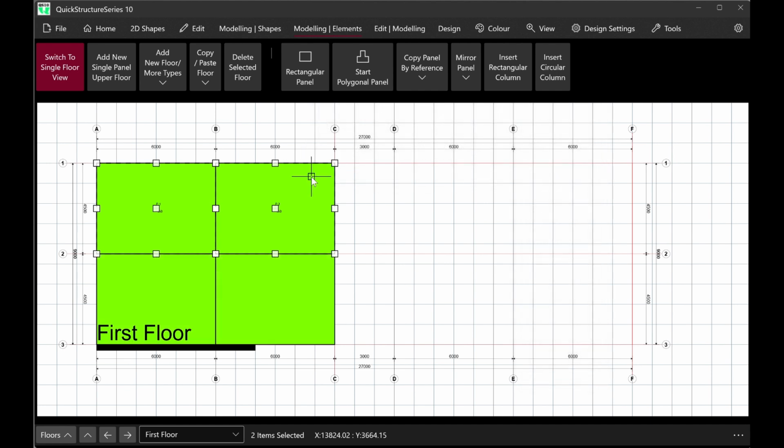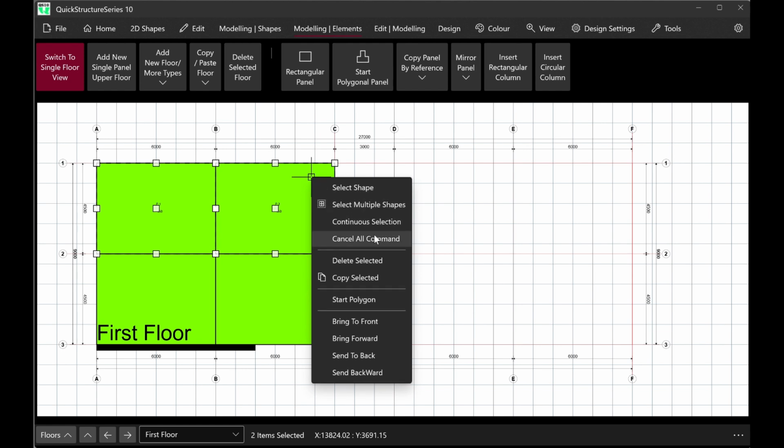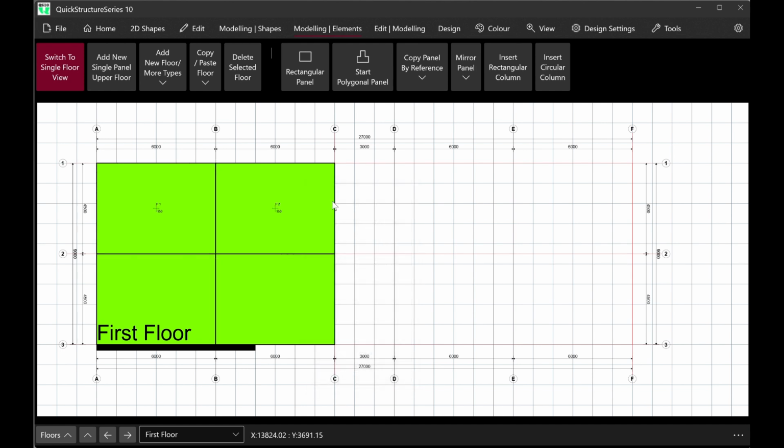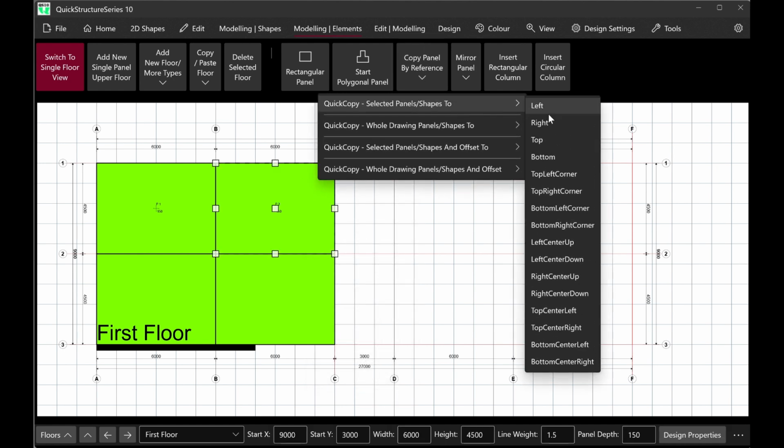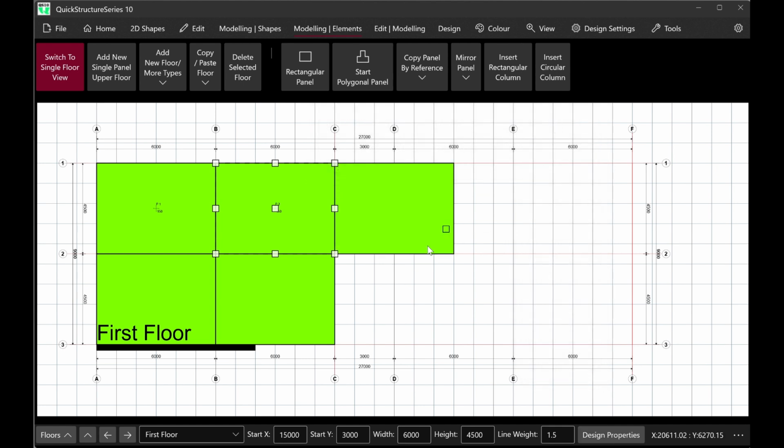Okay, I can now cancel this, select this one, and then reference it to the right, then change the width to 3,000,